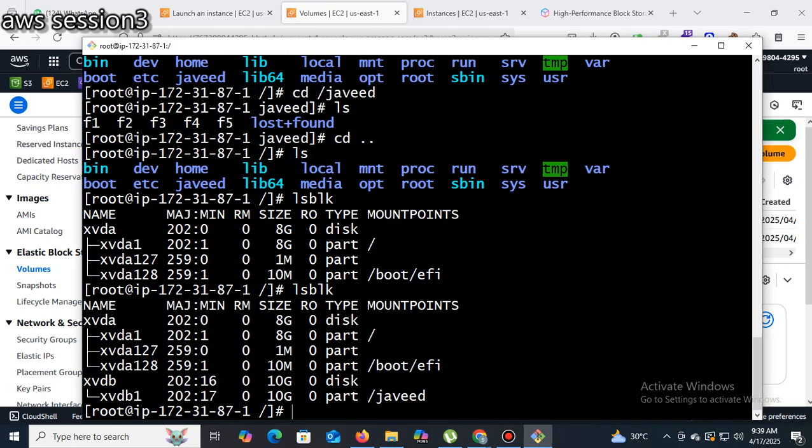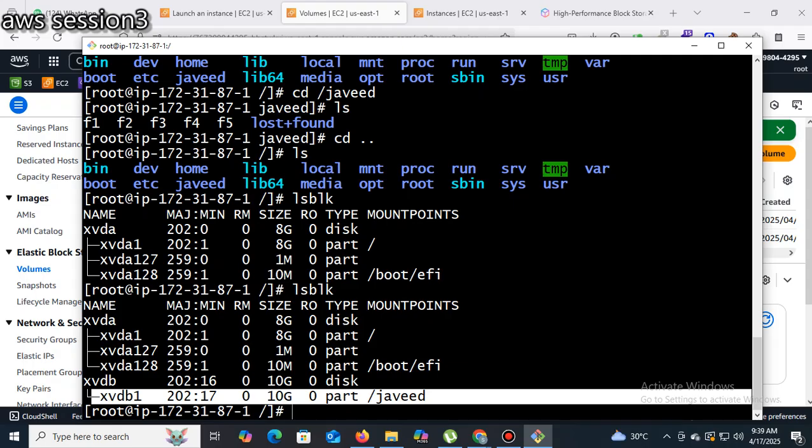See this? This is disk 1, this is disk 2, this is the mount point.